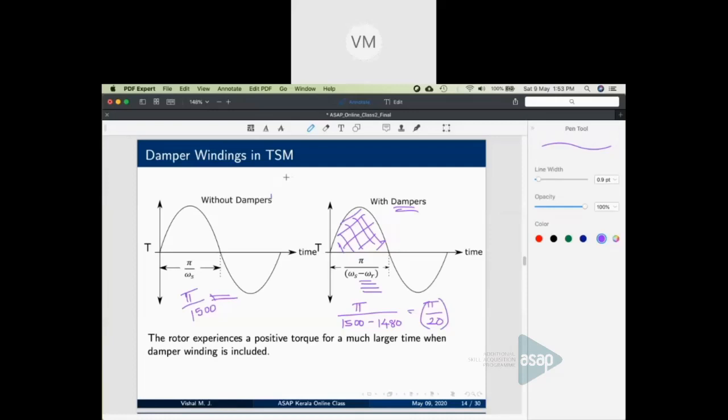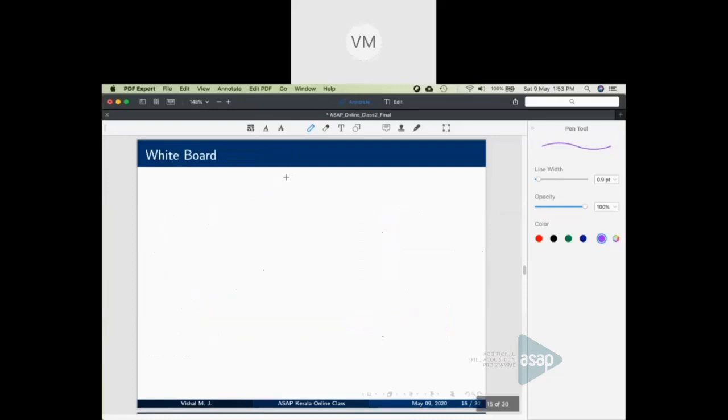Okay. Now tell me why do we say that we do not need dampers? We have understood how a damper works, but tell me why we do not need a damper in true synchronous mode of operation? Because the answer is that we have an inverter. I will ask my inverter to give a voltage at 1 Hertz frequency. So what is the synchronous speed? 120 F by P, with P equal to 6, is 20 RPM. Earlier it was 1500 RPM.